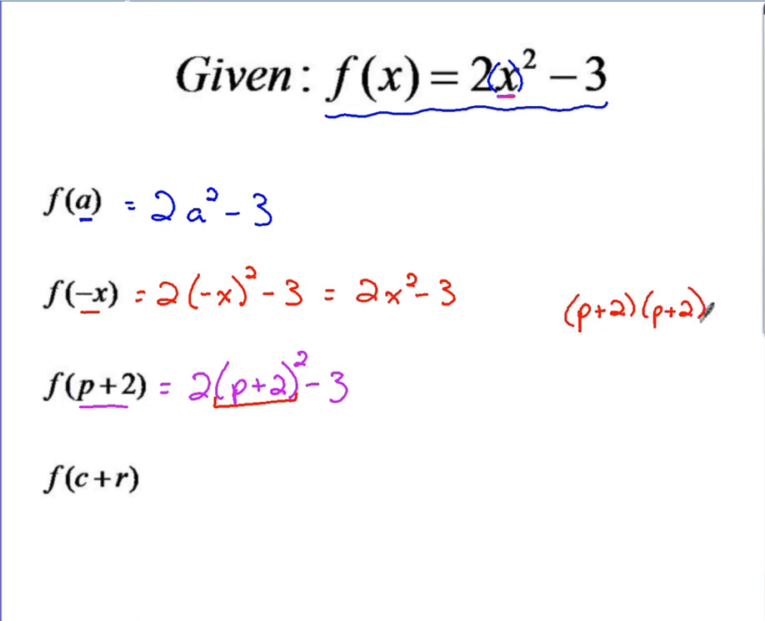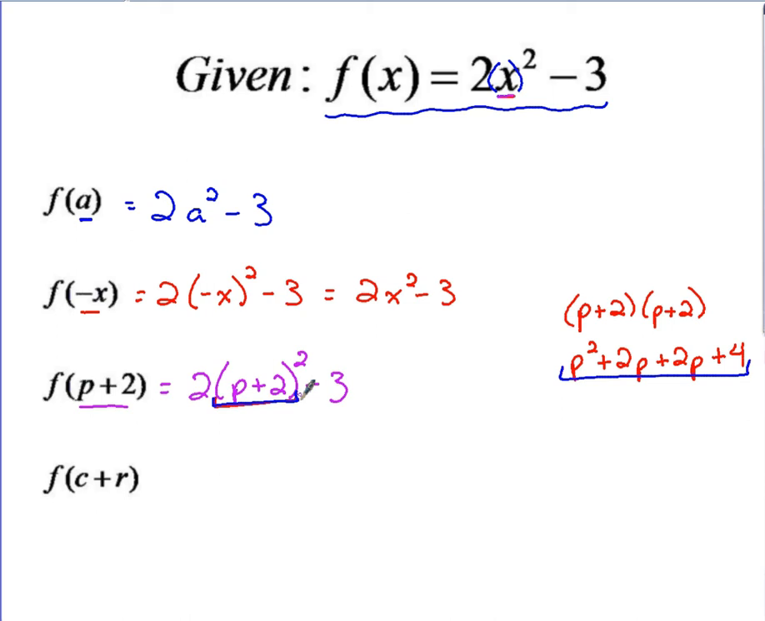You got to FOIL it. So if I FOIL it, I take p times p first for p squared. Take outside, which is p times 2, plus 2p. Take inside, which is 2 times p, plus 2p. I take 2 times 2, my last, get 4. If I combine my like terms and now transfer this back to the problem I'm trying to simplify right here,